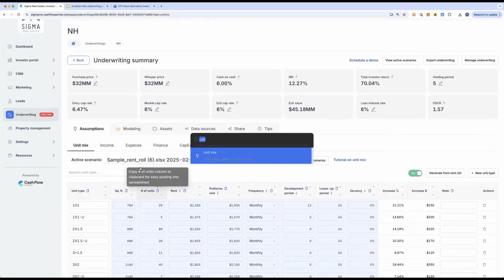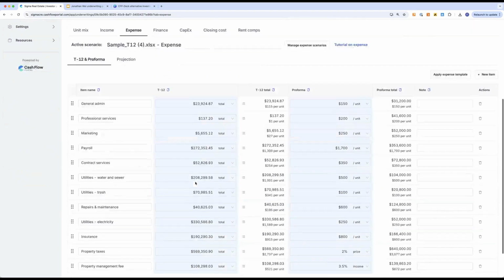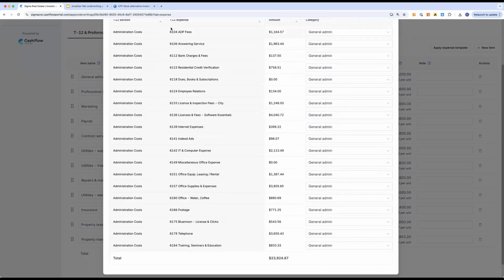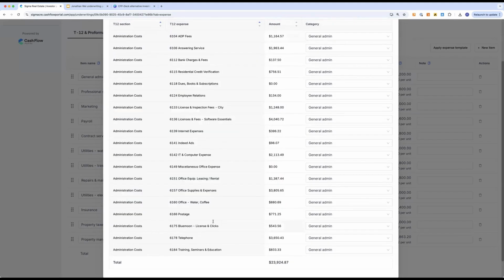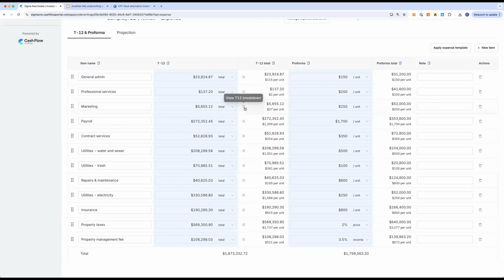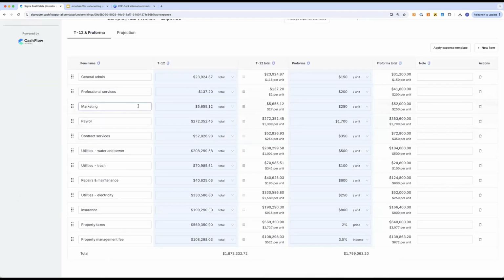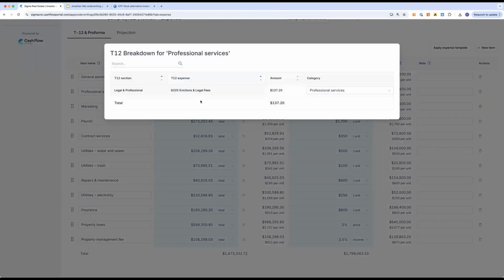All right. So the next one is expense. The nice thing about expense here is that you can see on the left hand side, that's my T12 graph from the T12. If I click into it, I actually know that these are my T12 line items directly from your Excel sheet. These are the things that made up my $23,000. So you can easily inspect them. Like, hey, what's my $137 of marketing? I don't know. It's eviction fees. Oh, I see. That's cool.